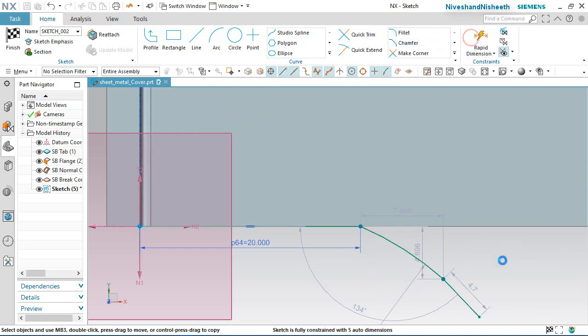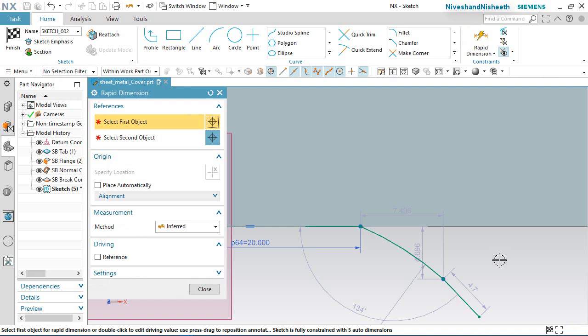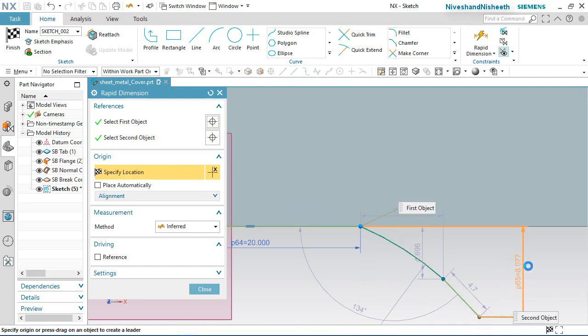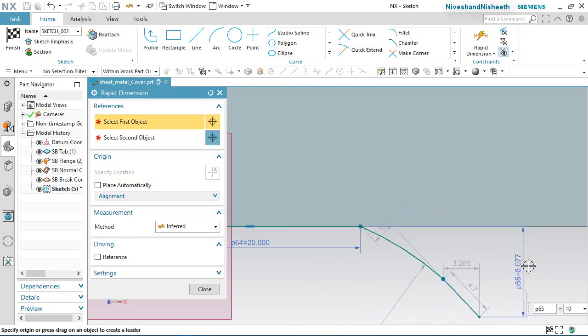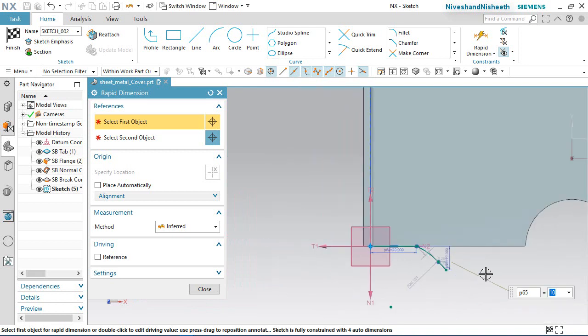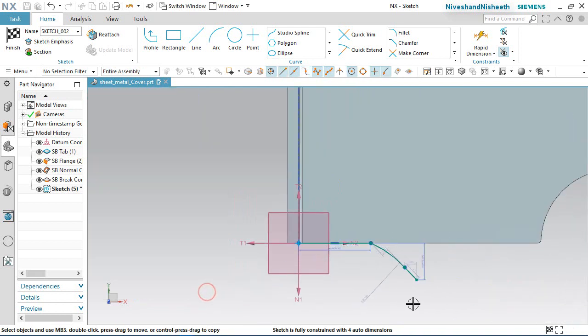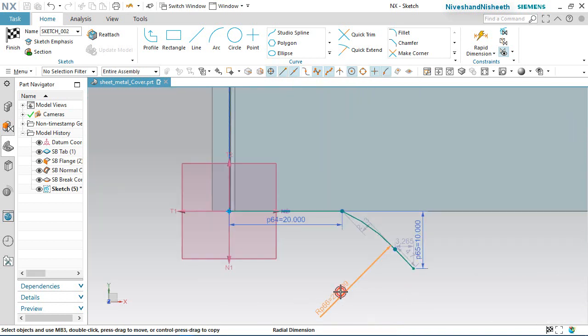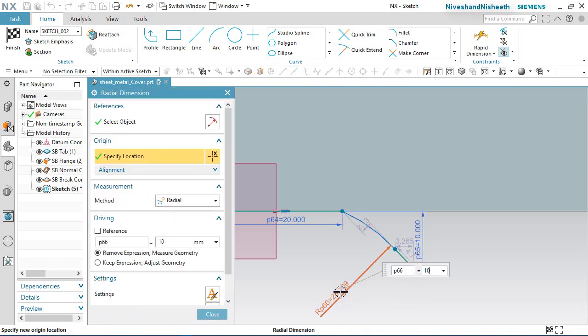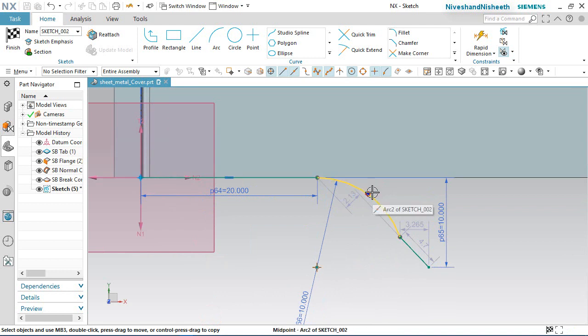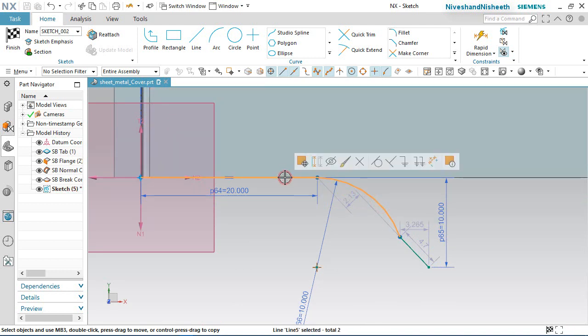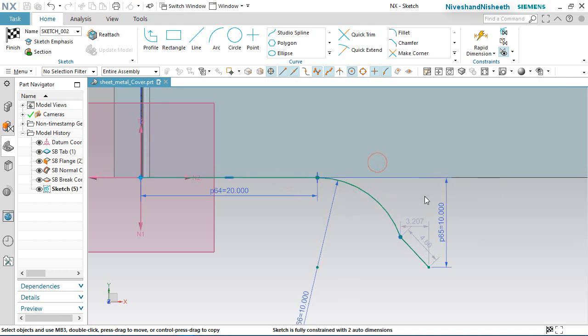Now activate the rapid dimension tool from this point and this point and set the dimension 10 mm. Close the dialog box. Set the arc radius 10 mm. Select this arc and this line and apply tangent constraint.